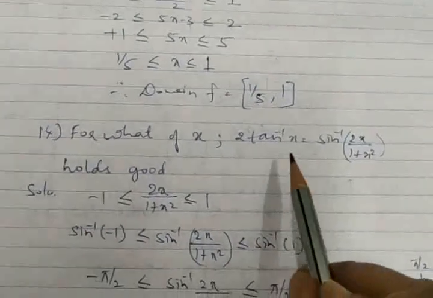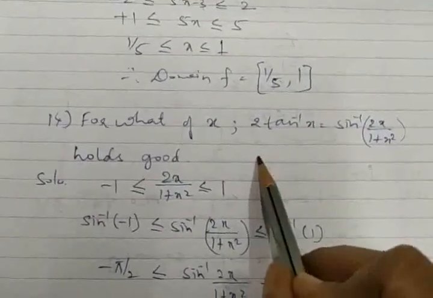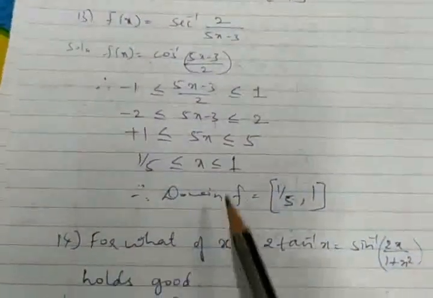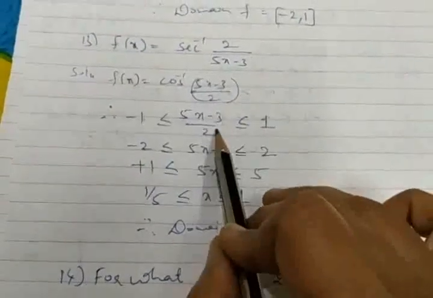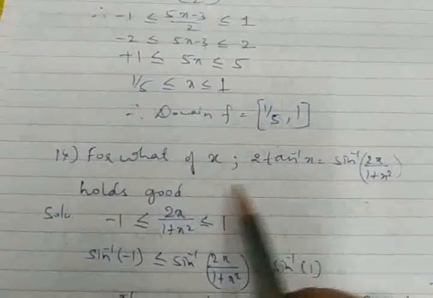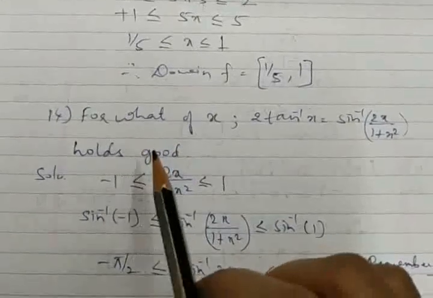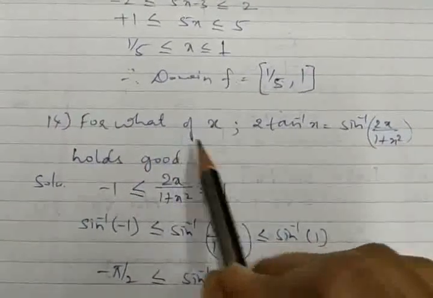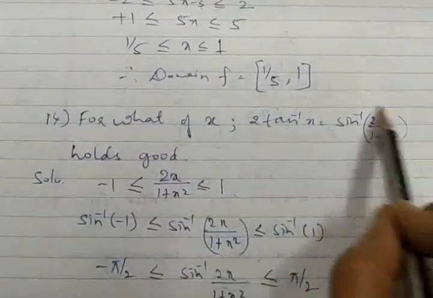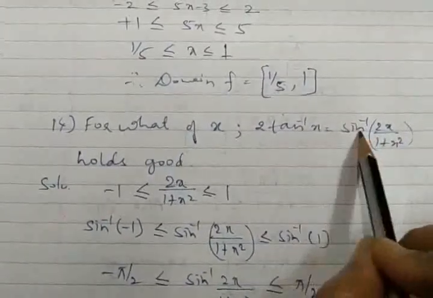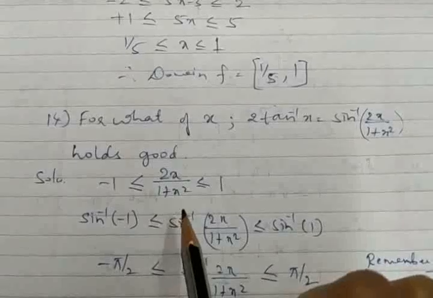Now this is an important question. In your textbook, the domain of such a function is not asked like this. But unless you have an idea about this, I think you can't even move on to such types of questions. So this is the question they asked, for 1 mark. What exactly does it mean? For what value of x does the whole relation hold, that is, LHS is equal to RHS? This relation has to hold good. Got it?